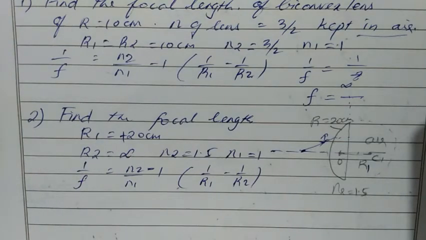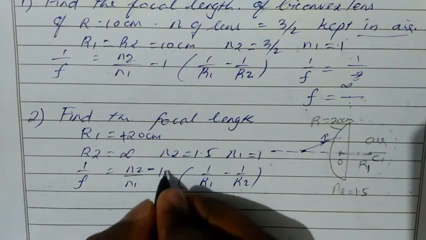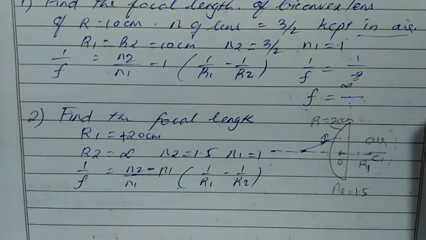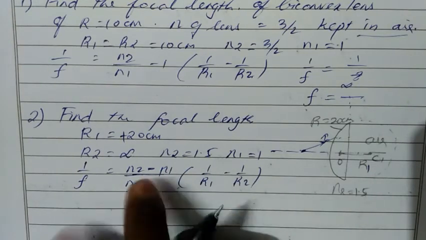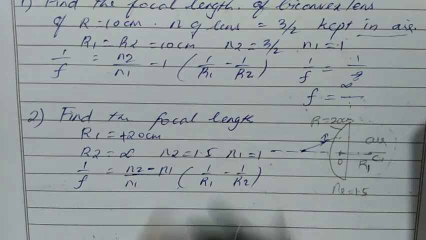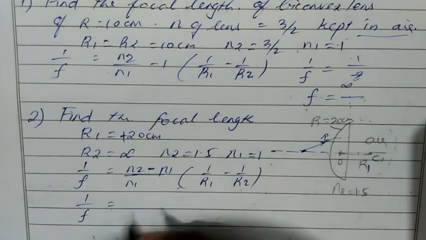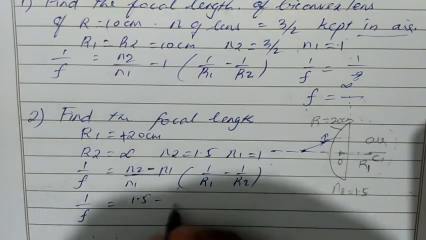Okay, here actually we have N1 because we have (N2 minus N1) divided by N1, so we can use that formula, (N2 minus N1) divided by N1. In some cases, if we have water, then we have to substitute the value of N1, correct? If it is air, then we can simply cancel. If we have water, then we have to calculate the value of refractive index. So substitute the value, 1 by F equal to (N2 1.5 minus N1 1)